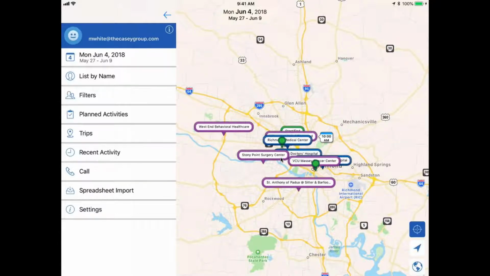So you could use this cloud option to sync your contacts between an Android device and an iOS device as well. So those are all things that are coming down the road for Mapview. Our development team's busy at work continually updating the app and adding more functionality to it.